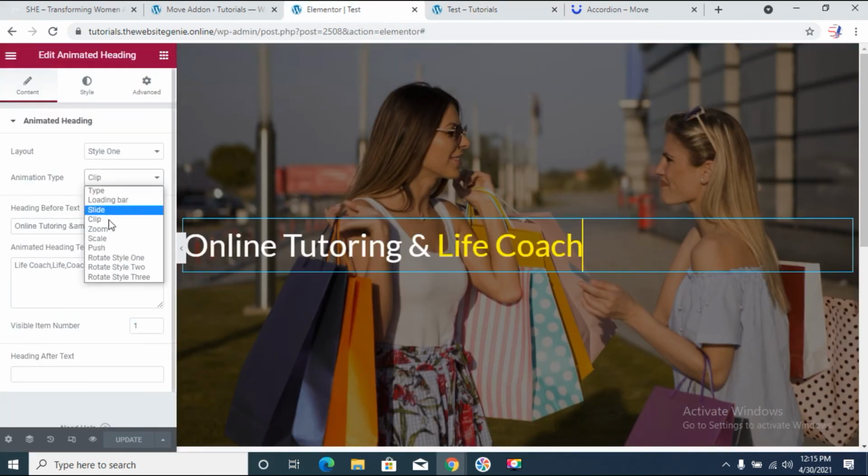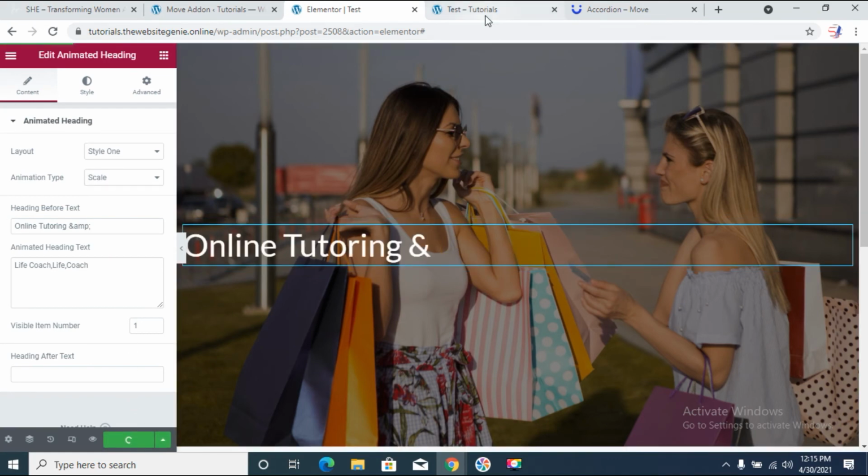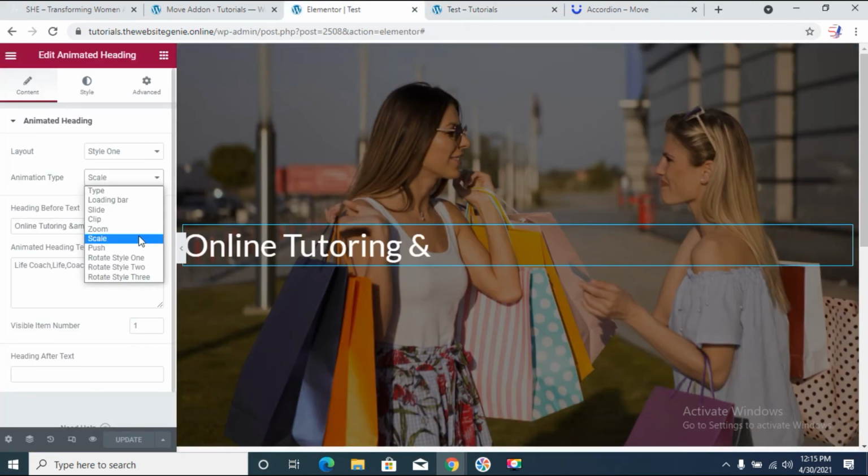So we'll check out zoom, scale, push, and this is scale, how that looks like. Okay. So guys, there are lots of types that you can use.